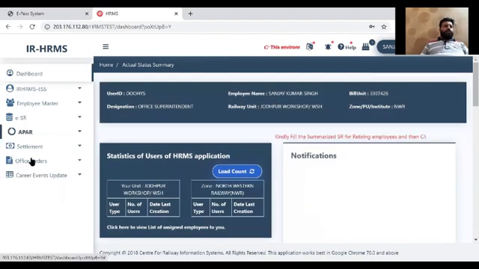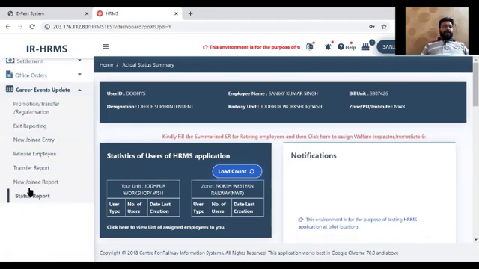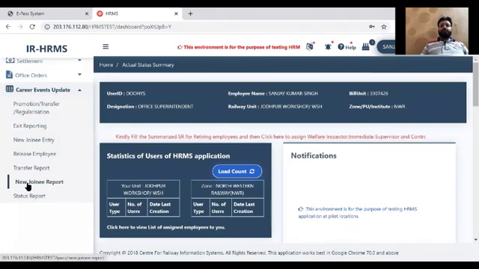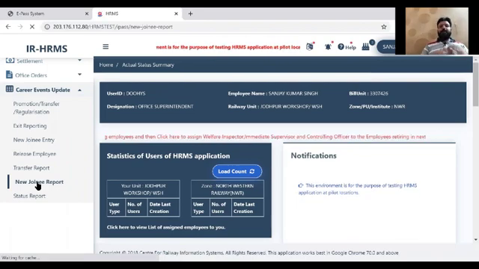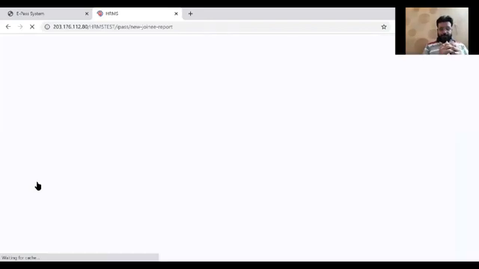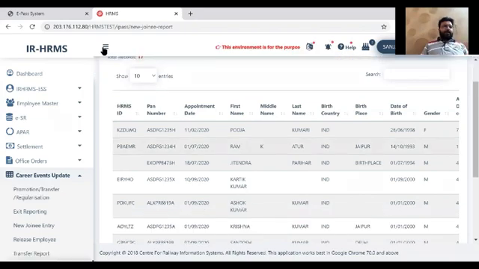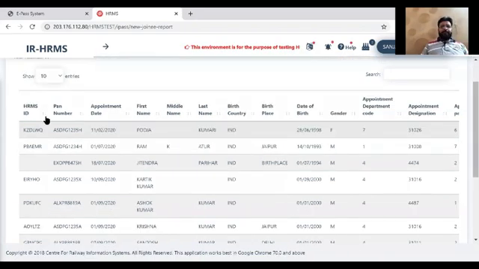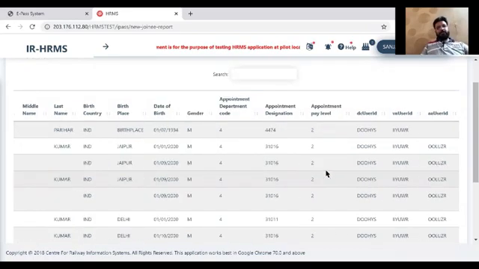This time I'll go to career event update. We have a new option here, new joining report. This is a kind of MIS report where we will show all the employees who have joined at your location recently. Here we have the list of employees, with HRMS ID, PAN number, appointment date, and all the information regarding that.